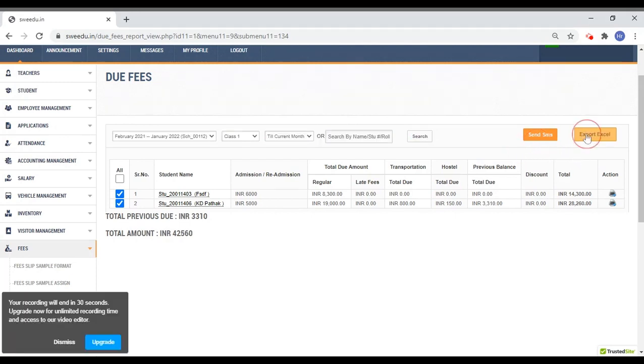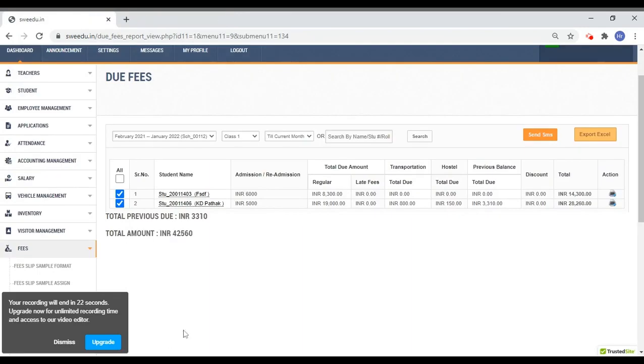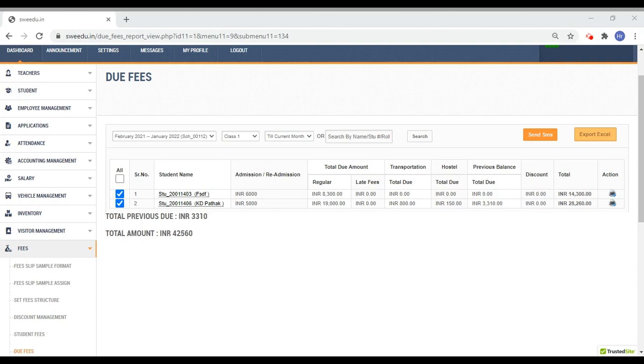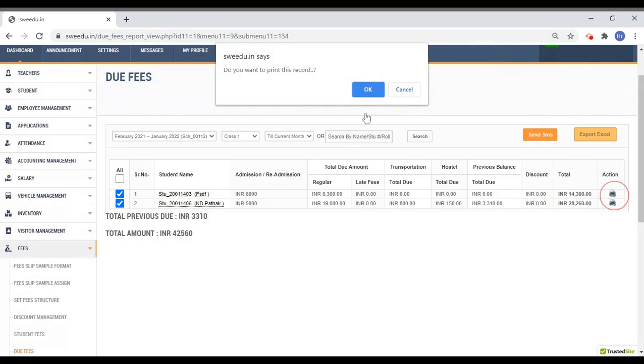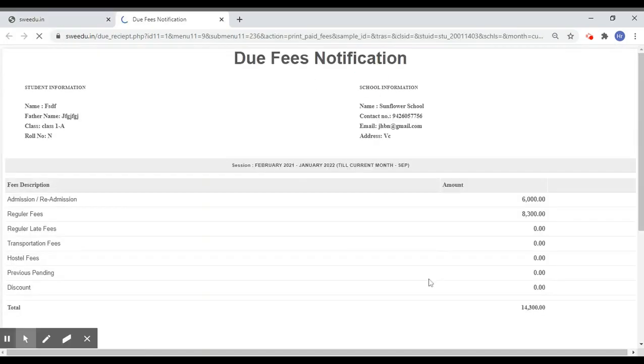All these data can be exported or printed as well, class-wise or of a particular student.